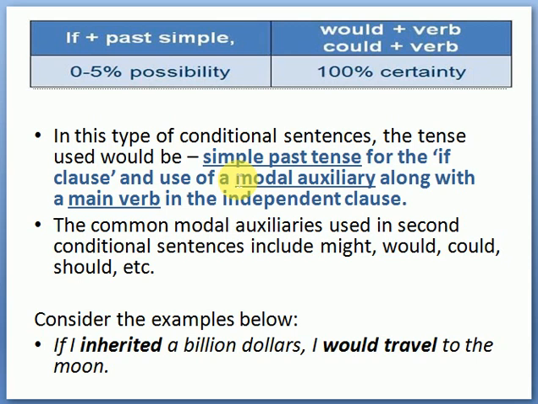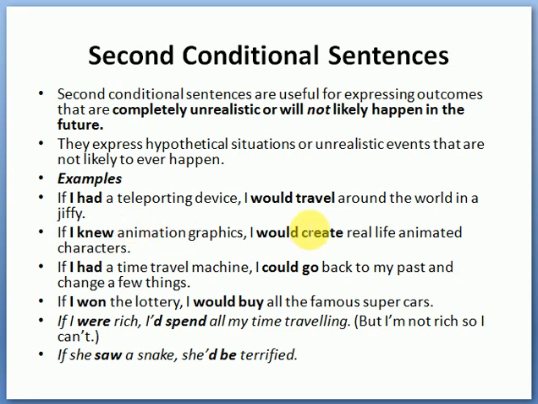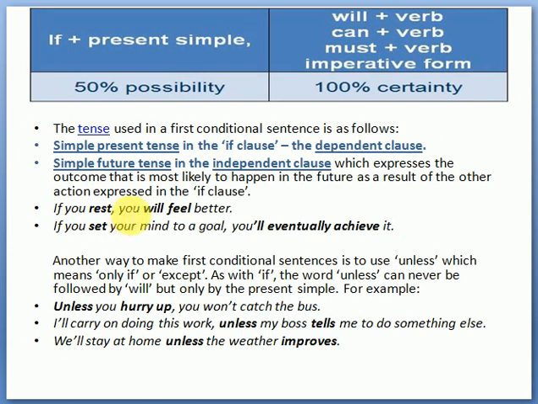Now, when we have a look at the grammatical structure, we see that here the simple past tense is used in the subordinate clause or the if clause. Like we see in the previous example, if I had a teleporting device. In the if clause, there is the use of the simple past tense. This is also called the subordinate clause. Had is the second form of the verb have. And if I knew animation graphics, knew is the second form of the verb, the simple past tense. And in the independent clause, which expresses the outcome,